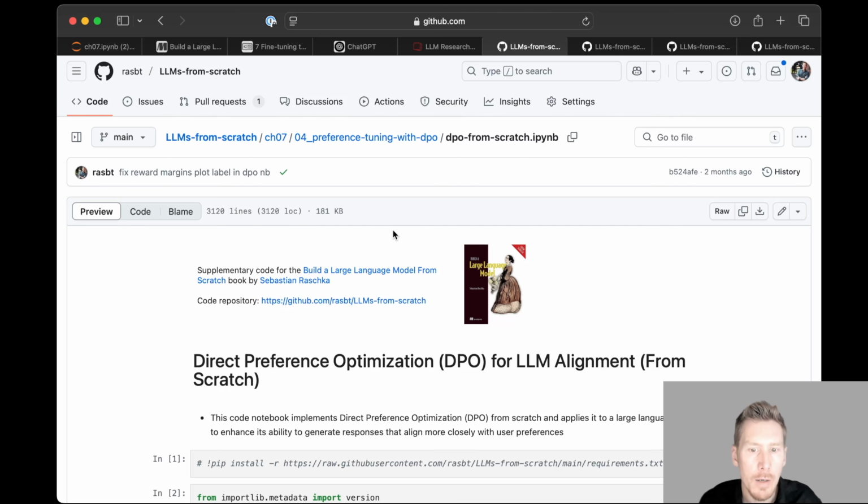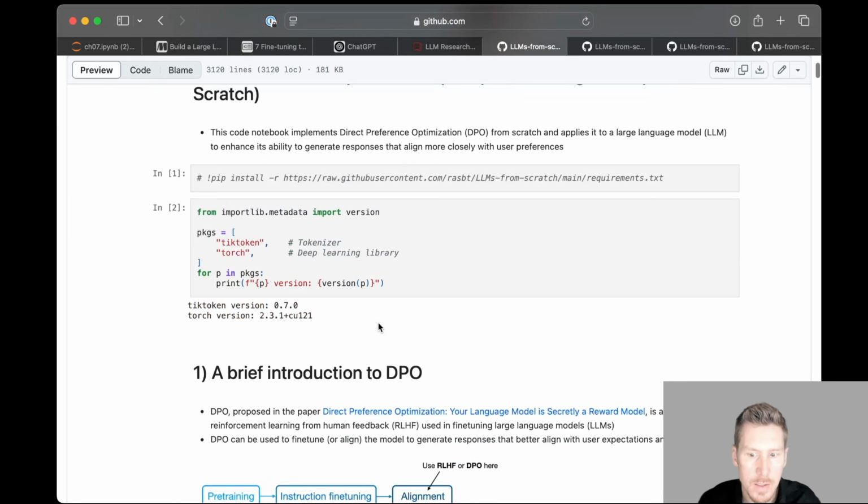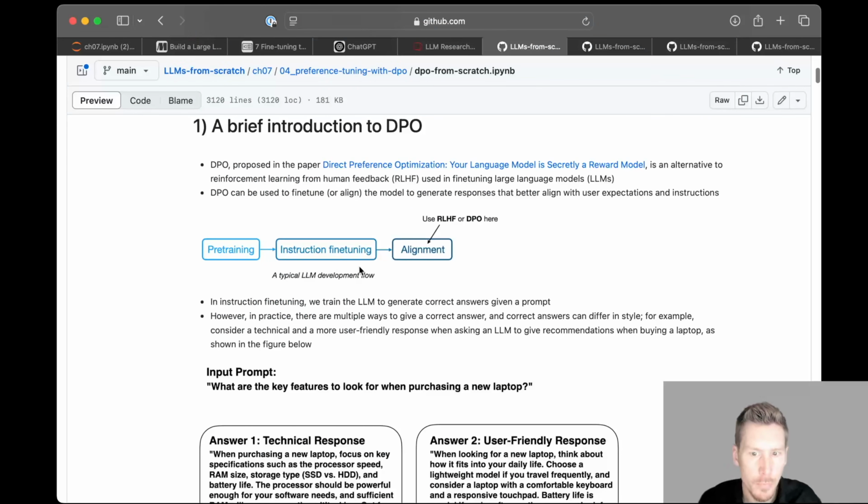But after the instruction fine-tuning, there is another step people often do, and that's called alignment, or sometimes it's also called preference tuning. So there's pre-training, the instruction fine-tuning we are doing, and then there's also often an optional alignment step, and this usually uses RLHF, which stands for reinforcement learning with human feedback, or DPO, which stands for direct